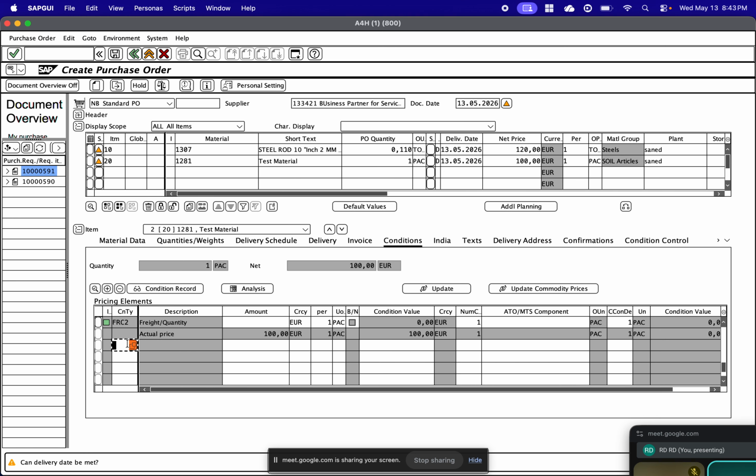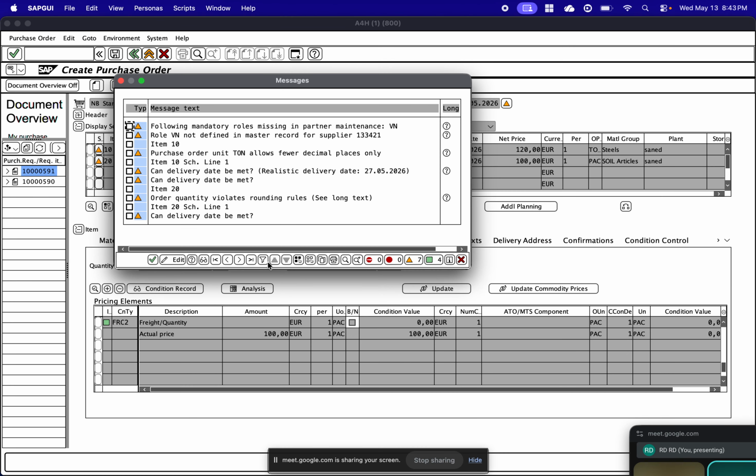Now you can see that there is no error message here. Can you see any error message now? There is no error message. So we have removed it; we didn't maintain the source list. So the setting will be working like